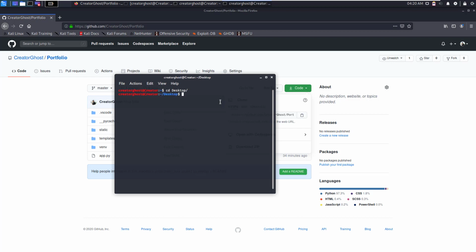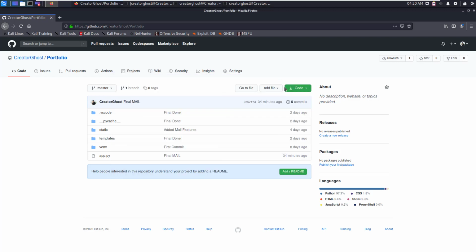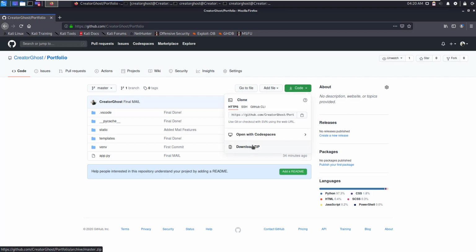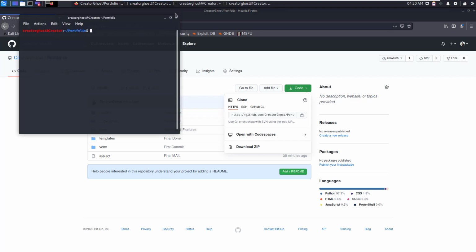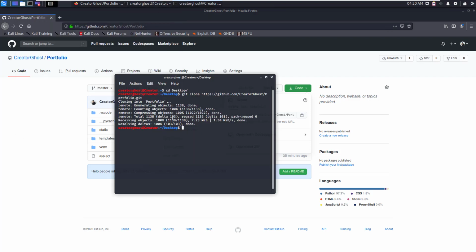So to clone the GitHub repository, you just basically need to write git clone and then simply paste the link. This command will be the same in Windows, but if you are in Windows, you need to basically install git, which is basically a CLI version. If you just search to download git, it will be downloaded, but you can also just click here on code and you can download zip, and you have to just basically extract the zip file. So here you can see that we have successfully created a folder of portfolio.